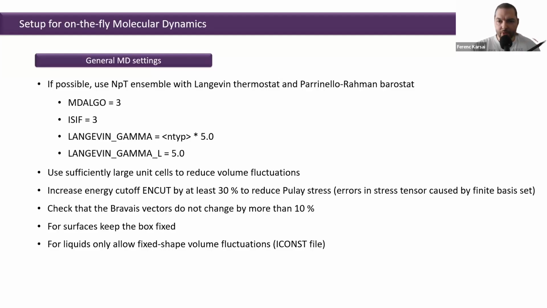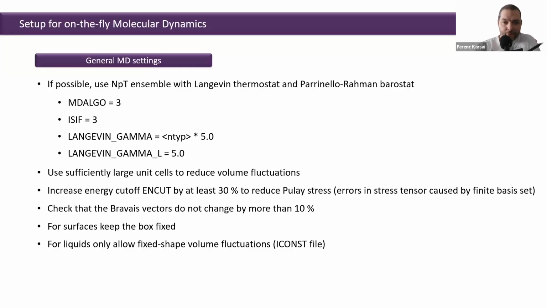And also monitor the calculation. For example, if the lattice vectors increase by more than 10%, stop the calculation, because then, even with the 30% increased energy cutoff, you are likely to have a finite basis set problem. That means you just stop it, copy CONTCAR and ML_ABN files, so ML_ABN to ML_AB, CONTCAR to POSCAR, and restart the training, and the restarting ensures you have a proper basis set size.